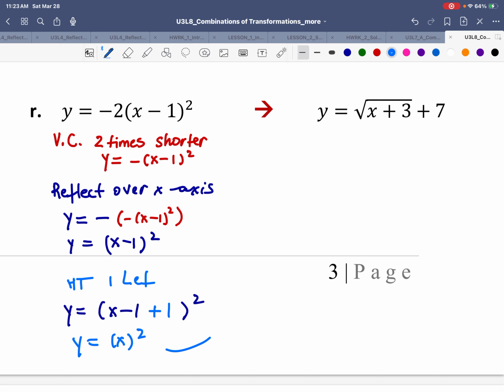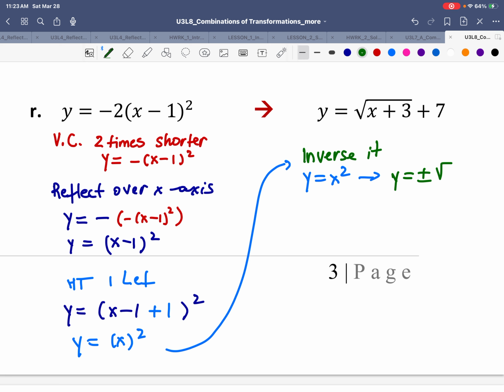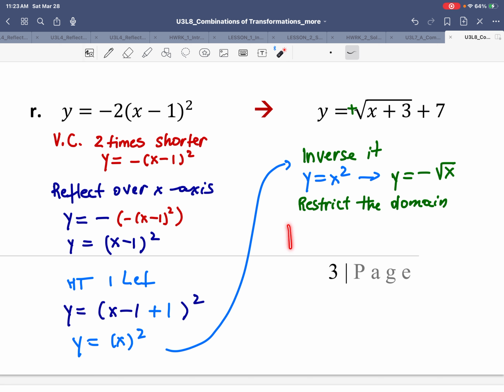Now, once you have the equation in its basic form, you are going to inverse it. And when you inverse it, you're going to go from y equals x squared to y equals plus or minus root of x. Now remember, you only need the plus, so you have to restrict the domain. Restrict the domain of x squared. So if you have y equals x squared, and you want to get only this arm, that means that you only need this side of x squared where x is bigger than or equal to 0. So once you have brought the equation to y equals the positive root of x, so once you have inversed y equals x squared and restricted to 0, then you're going to